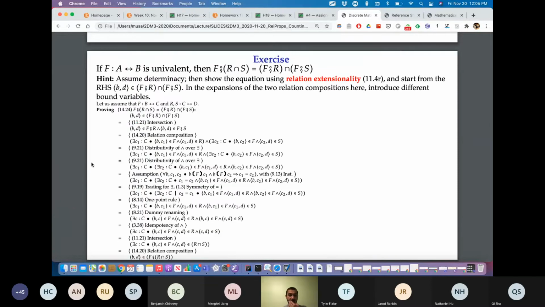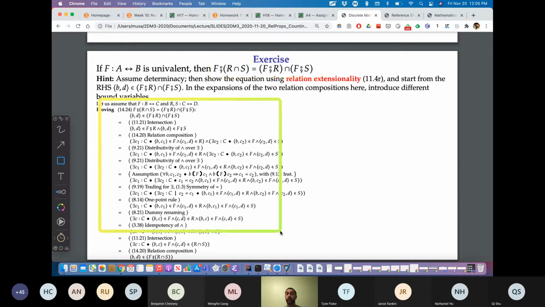Okay, ducks. So here's an example. Suppose F is univalent. So same inputs go to same outputs. Then we're saying, hey, F actually distributes on the nose. It's an equality. It's not a less than or equal to, it's an equality, right? So before we said it's a less than or equal to for composition over meets, but we're saying not if the first one is univalent.